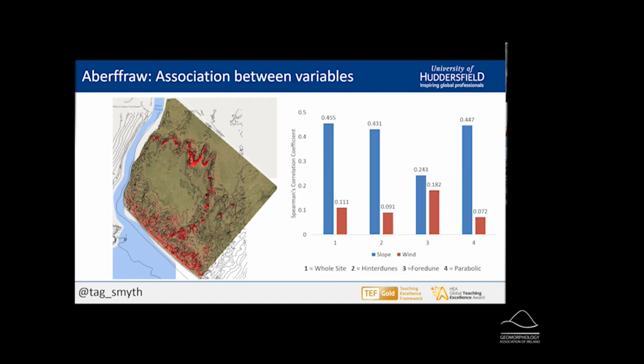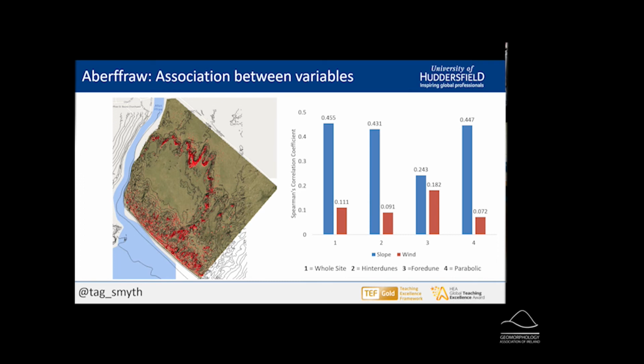However, statistically, we're only showing moderate relationships again in each factor. And again, just like we saw at Ainsdale, it is slope that is by far the better predictor. In this case, we've got moderate correlations for the whole site, the hinterdunes and the foredune. And again, when we look at that foredune, it is the weakest. And again, we think that's because of the increased biotic factors and the influence of waves at this site as